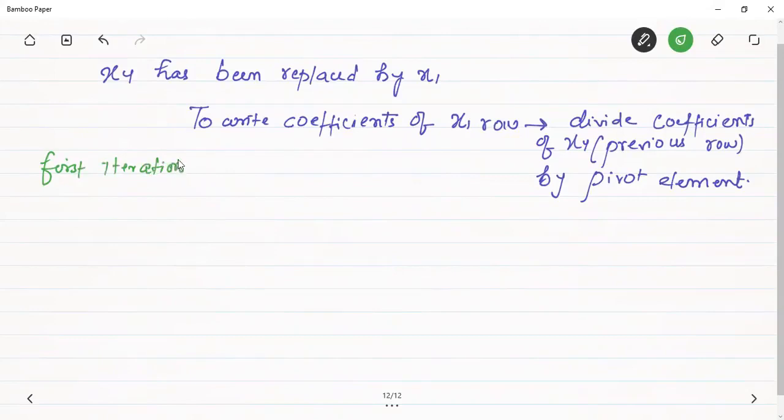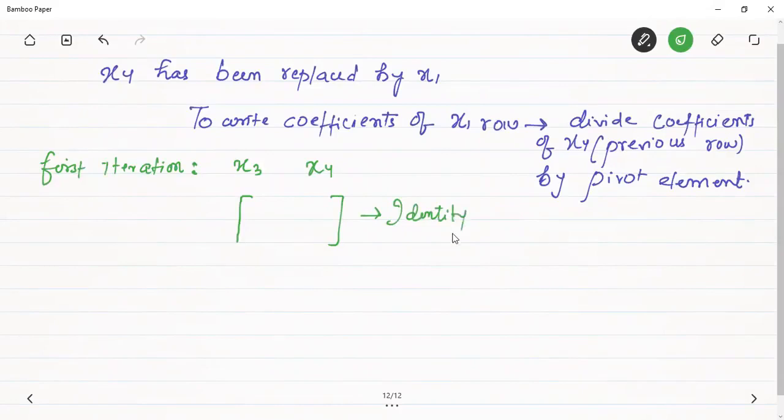ठीक है, इनिशियली जब हम पढ़ते हैं ये थोड़ा सा लगता है डिफिकल्ट, बट व्हेन यू डू द क्वेश्चंस योरसेल्फ, इट विल बी इजीली हो जाएगा। ठीक है, अभी मैं टाइम ले रहा हूँ, हर स्टेप में बहुत धीरे से बता रहा हूँ। इन द फर्स्ट आइटरेशन द बेसिक वेरिएबल्स वेयर x3 एंड x4। मैंने किस ऑर्डर में लिखे थे बेसिक वेरिएबल्स, x3 एंड x4, तो इनके जो कोएफिशिएंट्स हैं दे शुड फॉर्म एन आइडेंटिटी मैट्रिक्स।